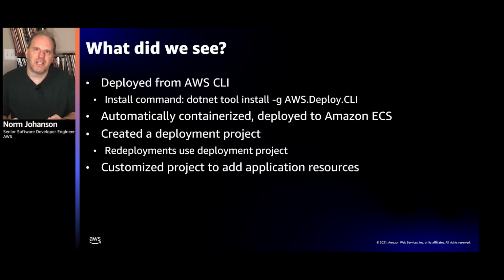In this case, our application was not containerized. We didn't have a Docker file or anything for that. So we let the new CLI tooling containerize our application. It looked at what our class libraries are, and it generated a Docker file for us. Now, that Docker file is part of my project. I can alter it and make adjustments to make sure it matches my needs. In this case, we also wanted to create application resources along with our infrastructure resources, so we used a deployment project to be able to create our DynamoDB table with our infrastructure resources.